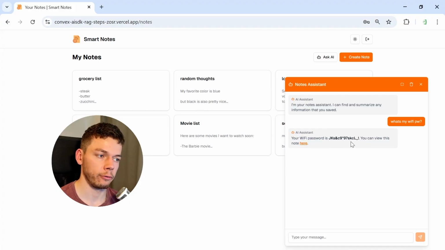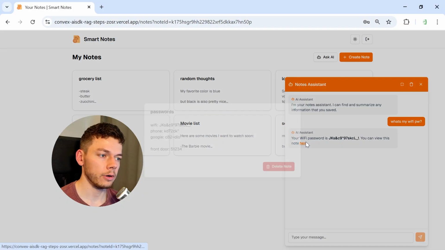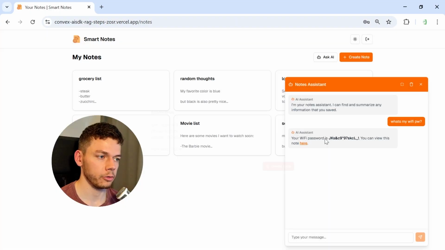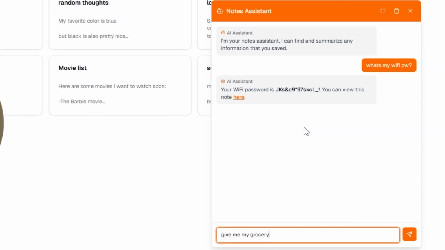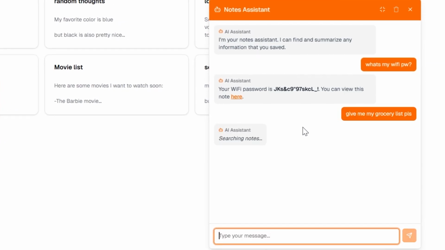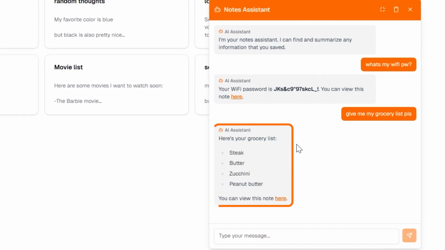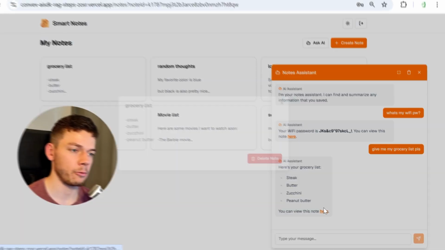We have rich formatting. We even get a link to this note where the information is found. Really cool. Let's ask a follow-up question. Give me my grocery list, please. Again, it searches through the notes. It finds the grocery list and it returns them in this nice formatted list, again with a link to the